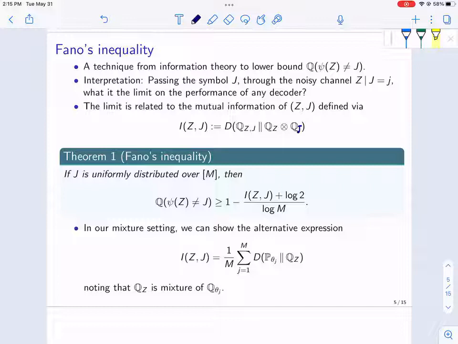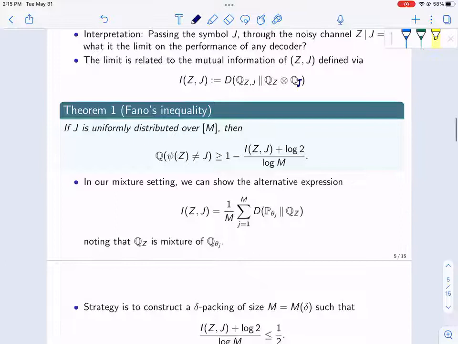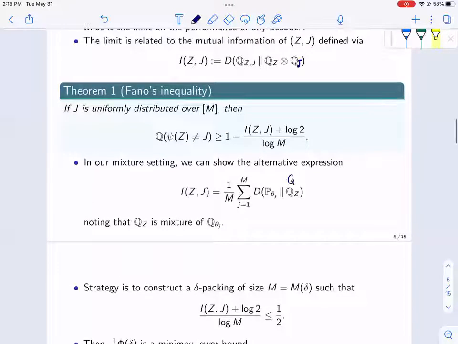There are some alternative expressions. So there are many alternative expressions for the mutual information. One is this average that we discussed last time. So 1 over m. So this is basically an average of the KL divergence of p theta j's to the marginal distribution of Z. You can think of this marginal distribution, you can also write it as q bar if you want. It's just the average q_Z, which we also represent as q bar,